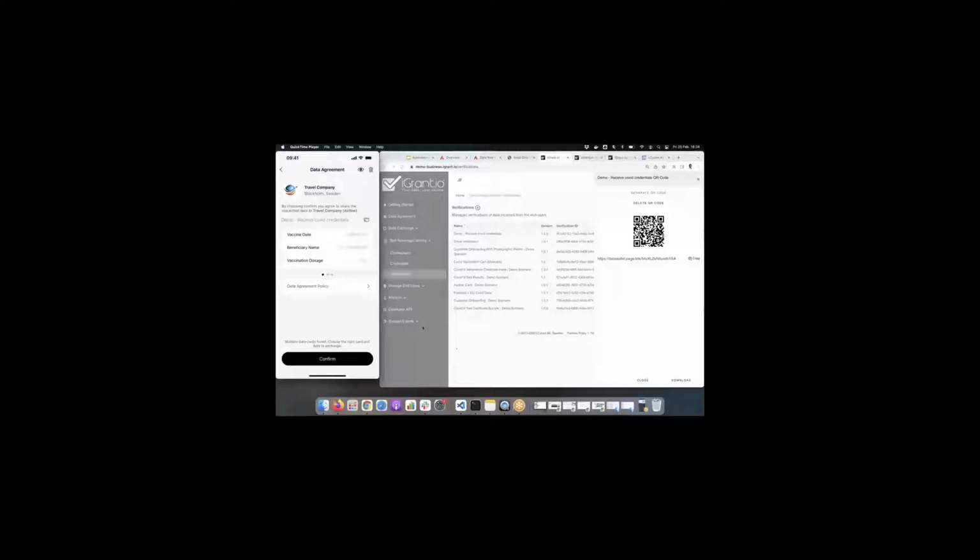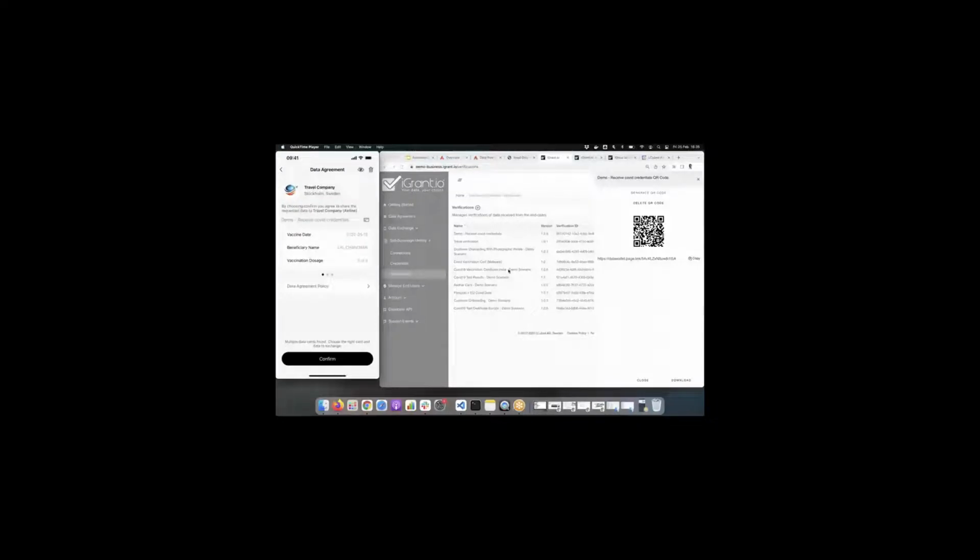So I now share my data. You can see a data agreement popped up on my data wallet. If I remove the privacy screen over here and view the agreement, you can see that there are 3 different possibilities emerging, for dosage 1 and 2, and also dosage 3. I also have the possibility to view the data agreement policy here. You can see all the configuration that has been done based on the DPIA is now present in the policy.